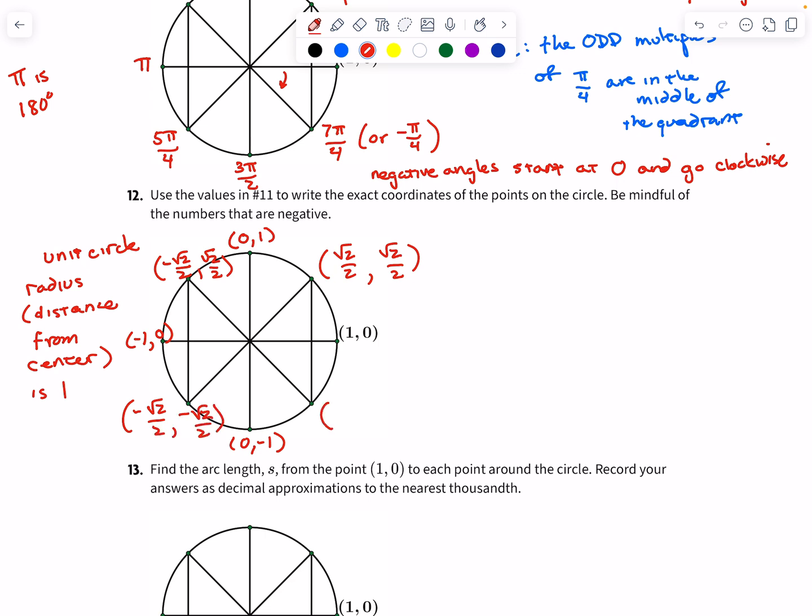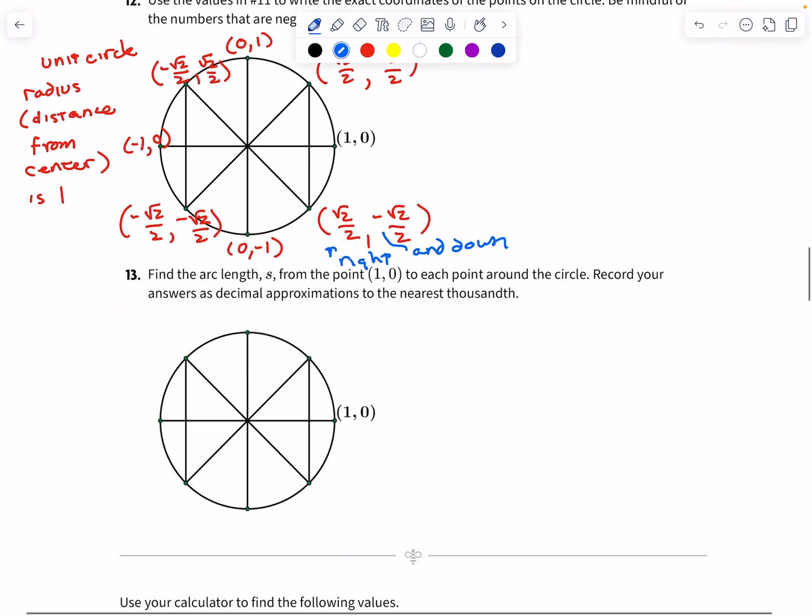Here we're going right, positively, but down. I'll just make a little note for this, right? For this. Okay, so notice that